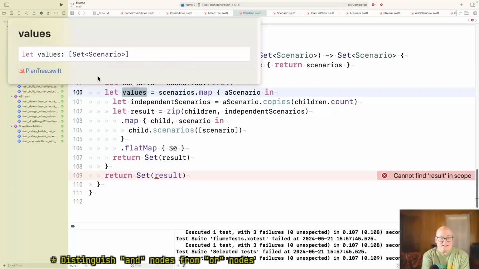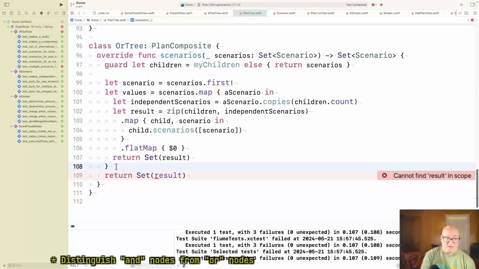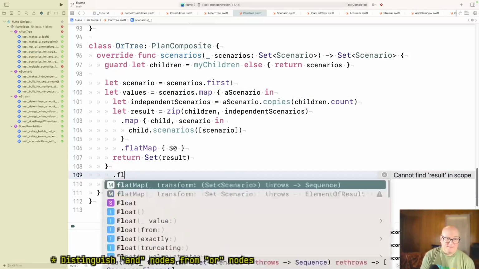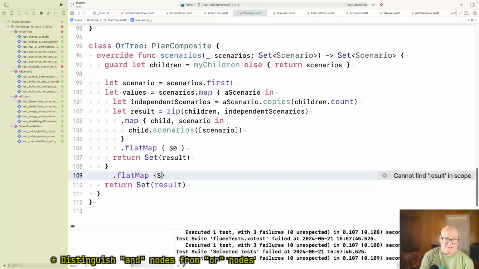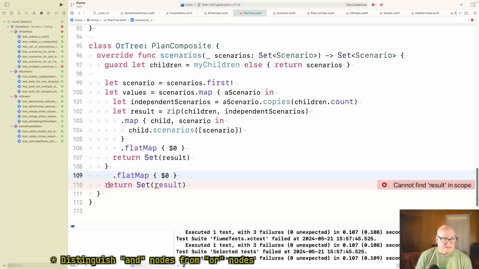So I've got a set of scenarios. Well, that's an array of sets of scenarios. That's what I had last time. And so I need to do another flat map. And this is why it feels one level too deep to make sense of.